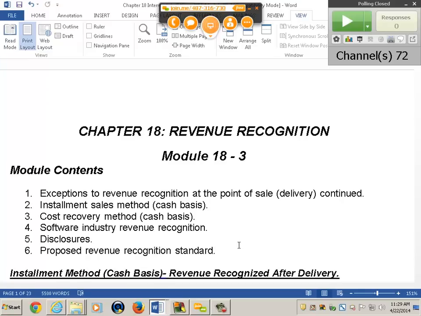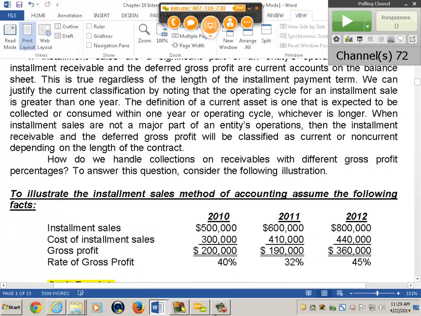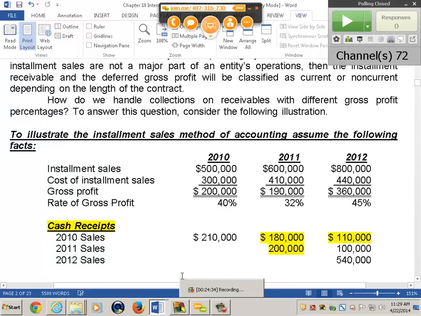Now, I'm going to show you, if I can get this going again, I'm going to show you an example. Let me go through this with you. Okay. On the bottom of page 2,